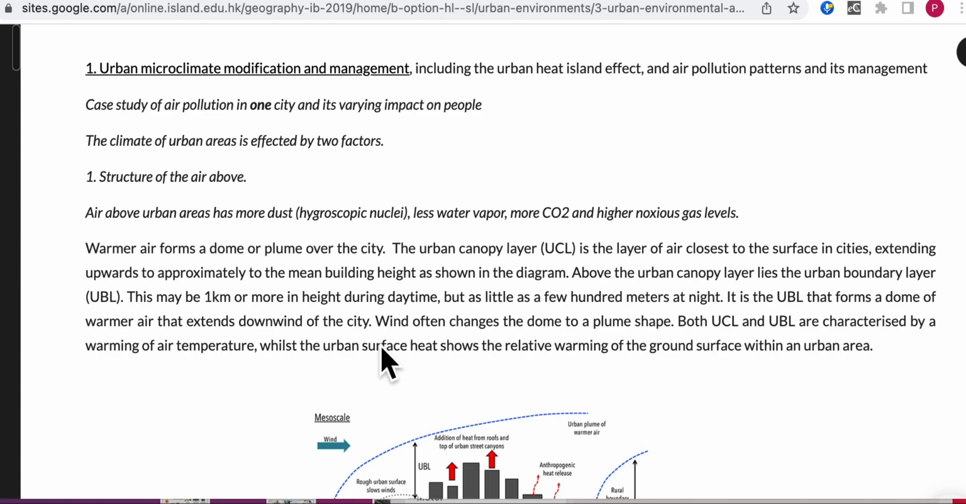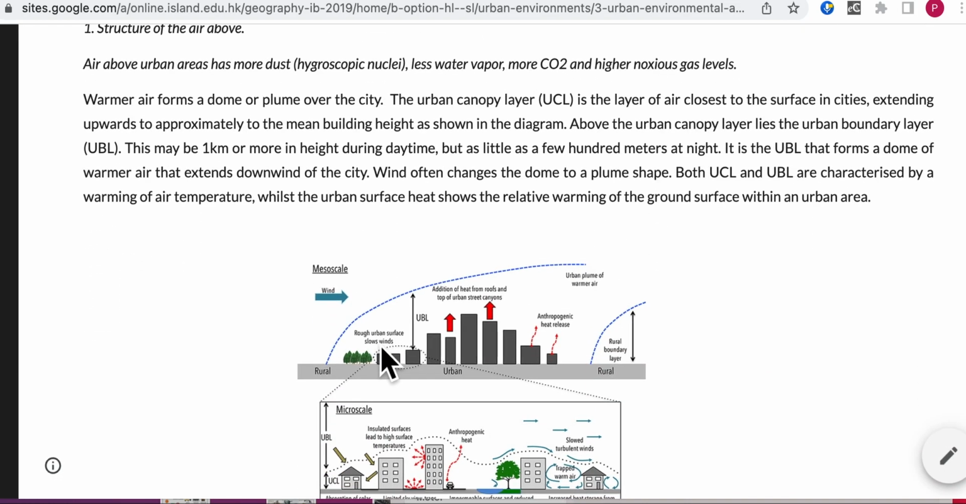Our knowledge is quite good about a systems approach and how the weather and climate is affected by urban environments. So once we've got that knowledge, we can apply it to managing our urban environments and trying to reduce some of the negative effects of living in urban environments. So what we're going to do is start off with looking at a little bit of the theory,